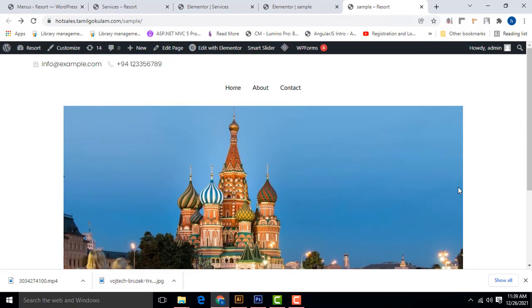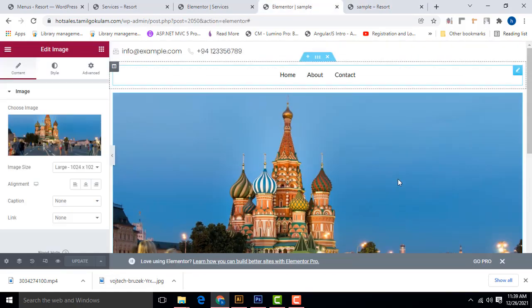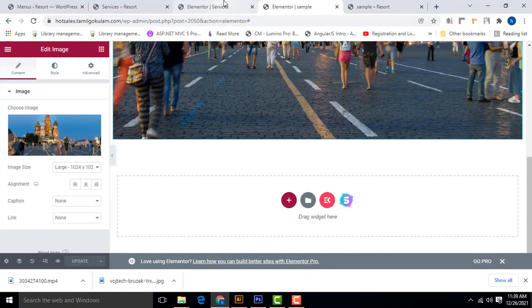This simple website you will be able to design yourself. Whatever menu you added, you will be able to add it. If you want to increase the size of this menu, you will be able to increase it. Very simple. Okay, after that, what I'm going to do is add another section.